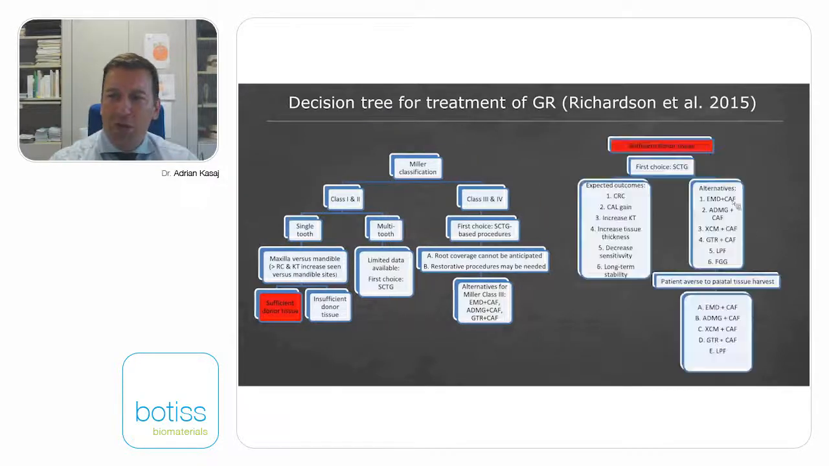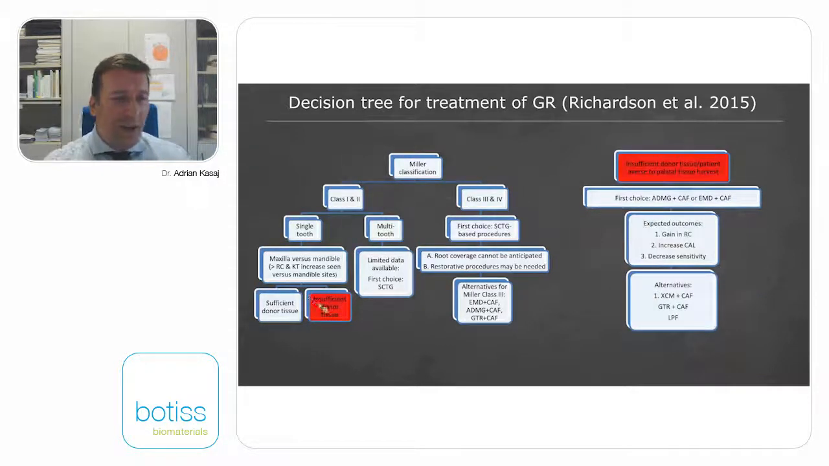However, you have also some alternatives like Emdogain combined with a coronally advanced flap, an acellular dermal matrix graft plus coronally advanced flap, xenogenic collagen matrix plus coronally advanced flap. And here you can also have the situation that the patient doesn't want any harvesting of palatal tissue. And here you can offer now some alternatives. Also in the situation, if you don't have enough donor tissue at the palatal side, you can see here,